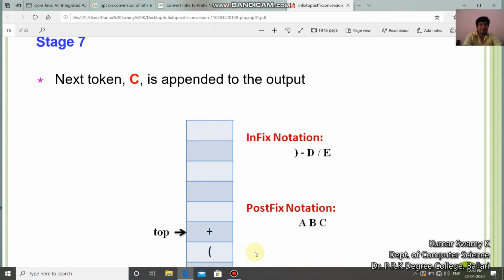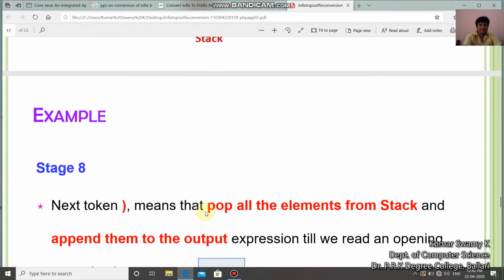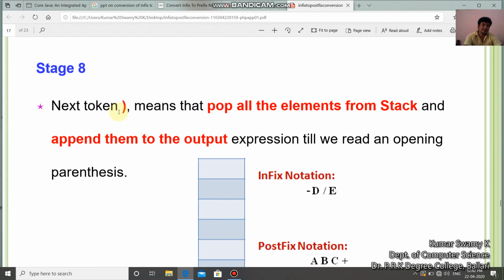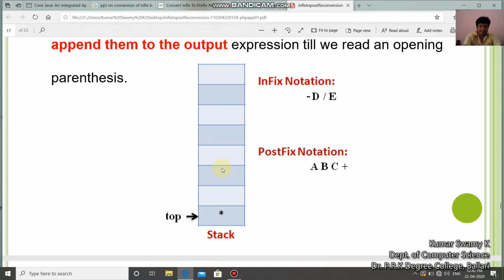Next stage: the next token encountered is C, which is appended to the output like this. You can see that. The next token we come across is a right parenthesis, which means you need to pop all the elements from the stack and append them to the output expression till we read an opening parenthesis. See here what we have done: we have popped all the elements till we come across